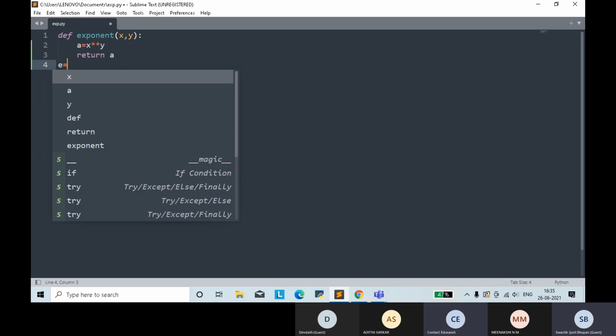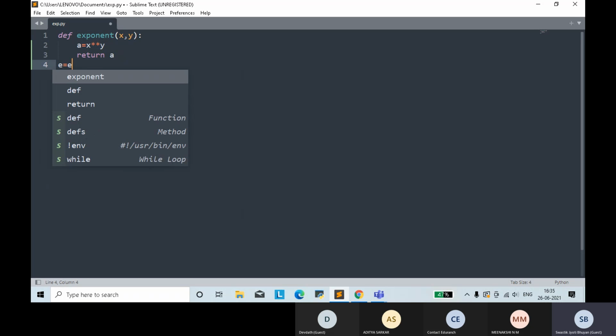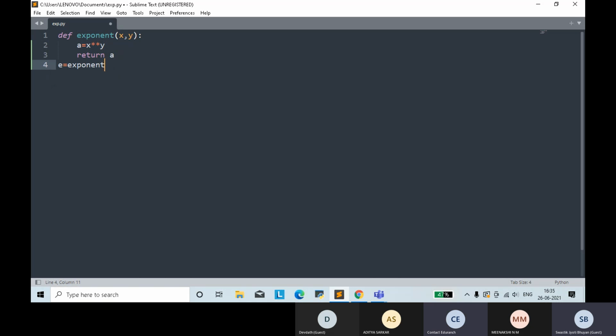Call the function. Say call 2 comma 3. Now go to the next line and print.